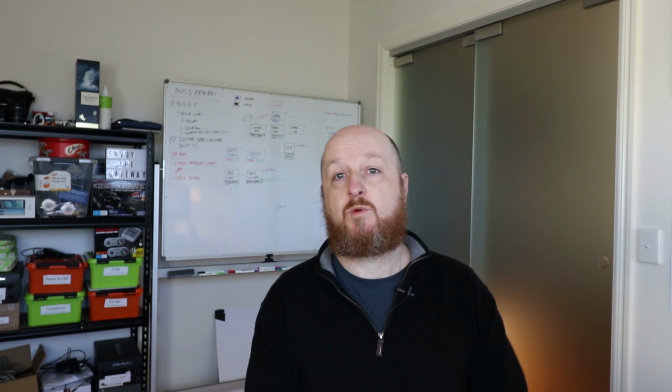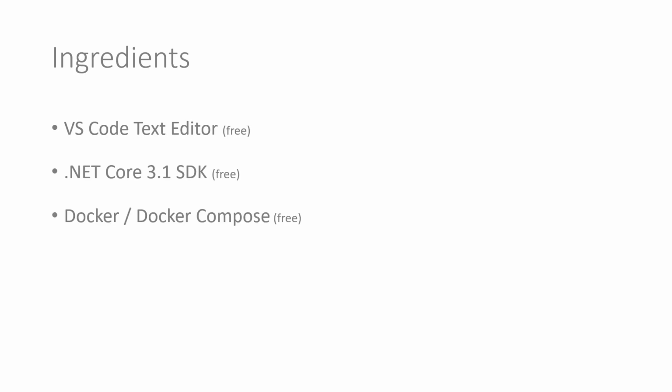But now let's take a quick look at the ingredients you'll need to follow along. Okay, let's look at the ingredients you'll need for today's video. So: VS Code text editor, .NET Core SDK version 3.1, Docker with Docker Compose. Windows 10 Home users, you may need to use Windows Subsystem for Linux if you want to use Docker. I've put a link below on how you can set that up. A client: I'm just using a web browser, which is fine, but you can use either of those other ones as well if you like.